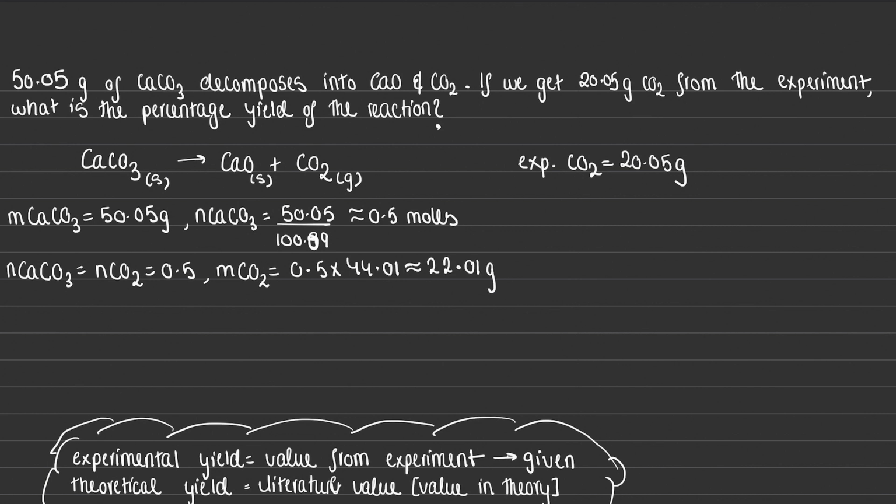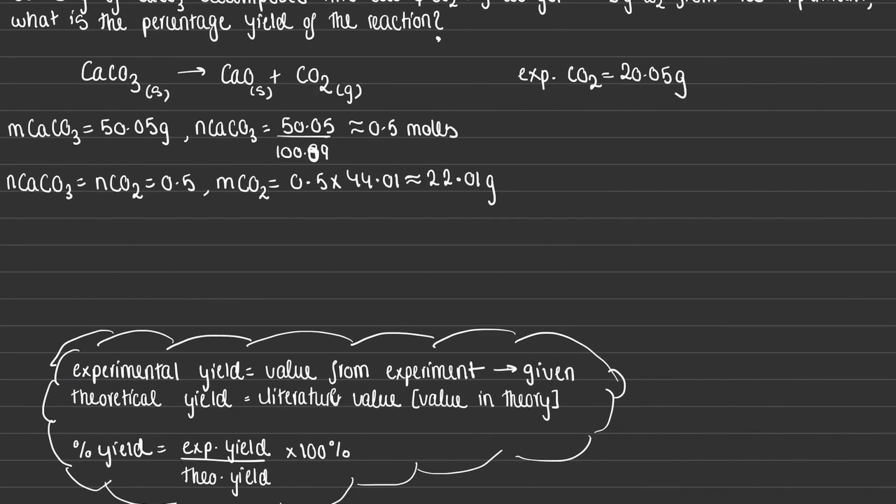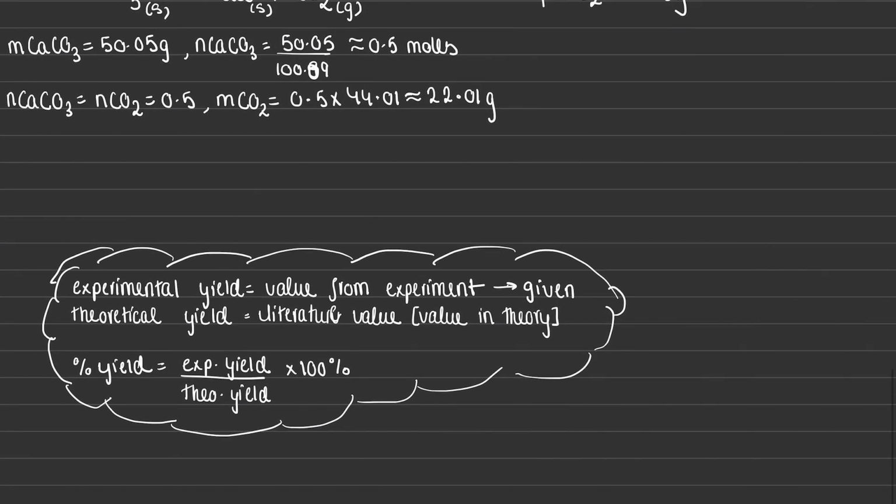which gives us roughly 22.01 grams. Okay, so now we have the experimental yield, which is from the question, and now we have a theoretical yield. So now we can easily apply the formula for percentage yield to find the percentage yield. So the percentage yield would equal the experimental yield, which was 20.05, over the theoretical yield, which is 22.01, times 100%, which is roughly equal to